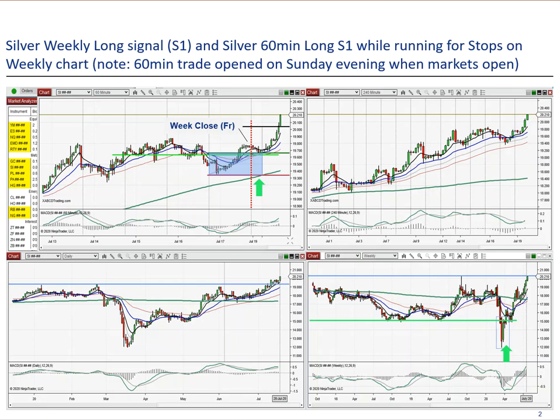So let's have a first look here at this weekly silver trade. That's the corona scare dump, a huge sell-off that created a test bar. That's an excitable test bar, and this is the entry signal with the stop down here. I'm not going to go into more detail here. The only thing is that this trade is still active, and now there was the opportunity to scale into this trade. So that's a pattern on a 60-minute chart within an overall pattern that is still running